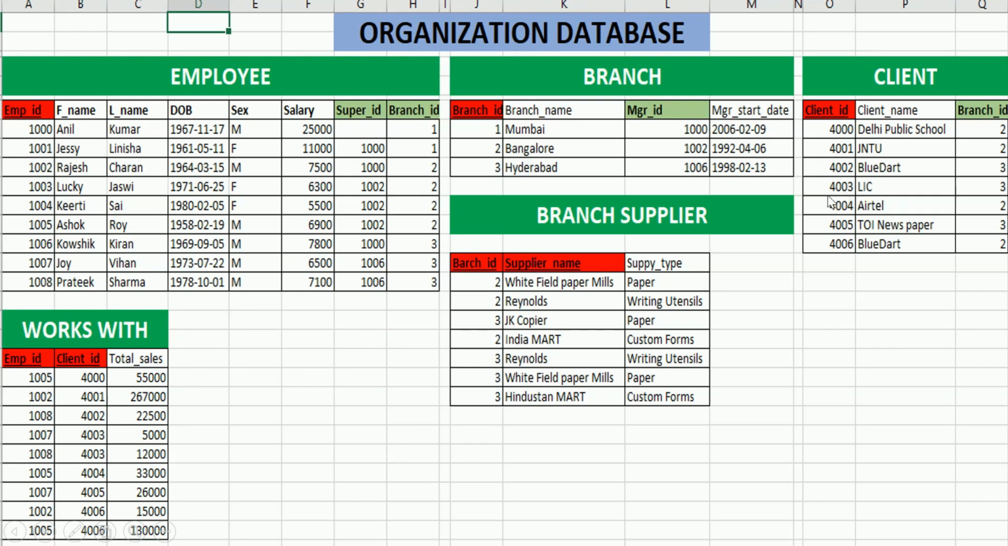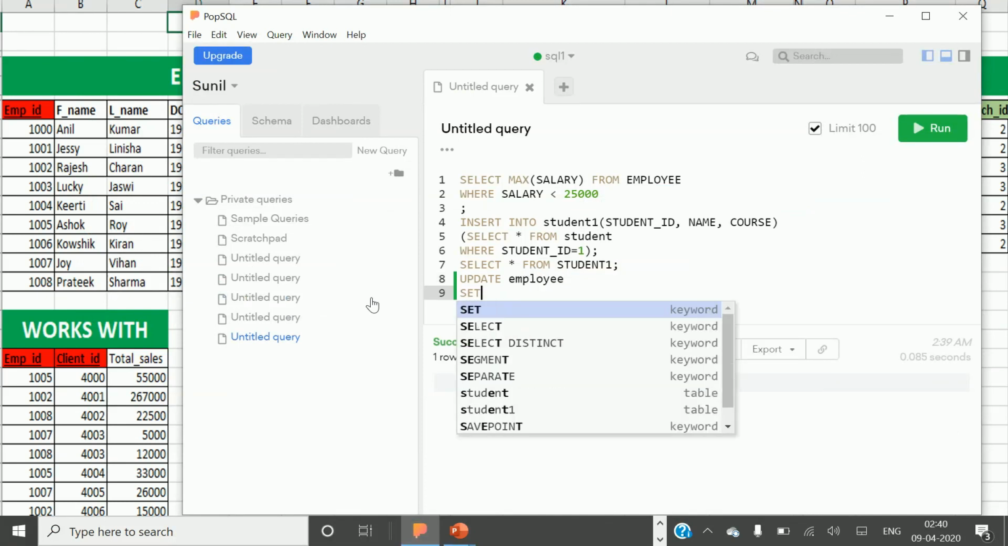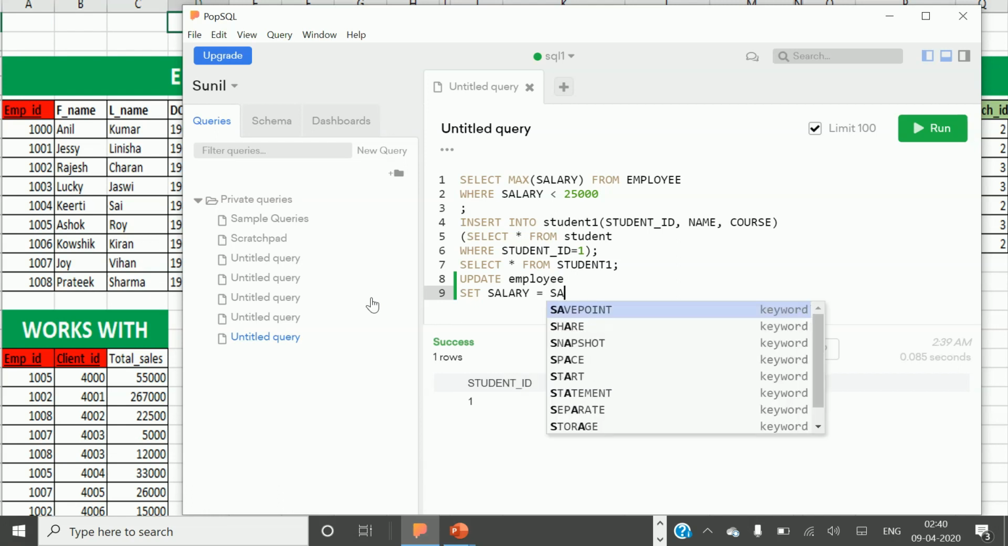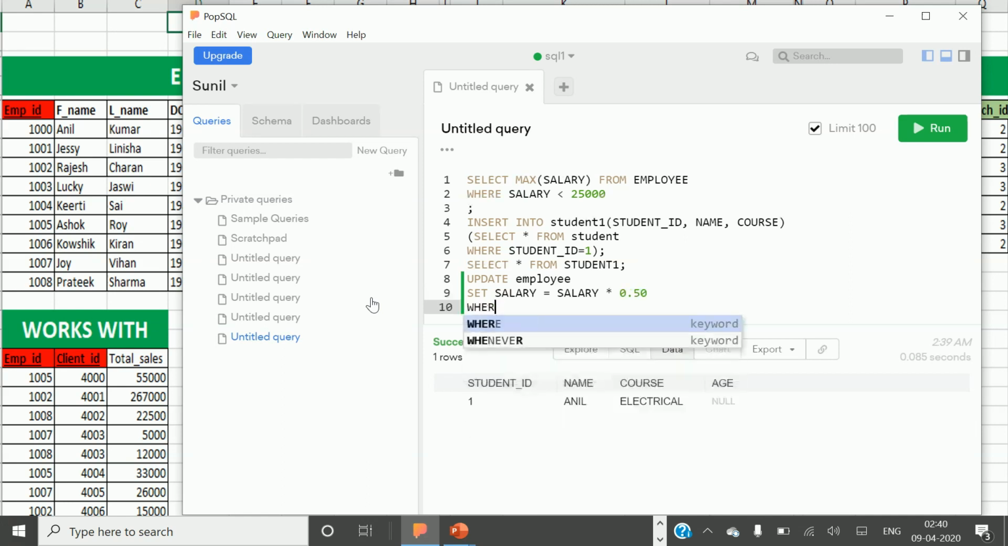So LIC client ID is 4003, this we know. So first we have to go to this works with table and get all the employees who are working for this 4003, 1 2, and only these two guys are there. So let us do that thing now. Update employee, set salary equal to salary into 0.50, where